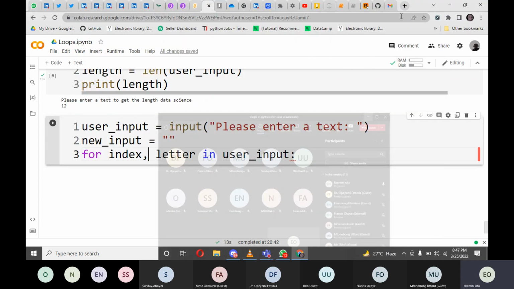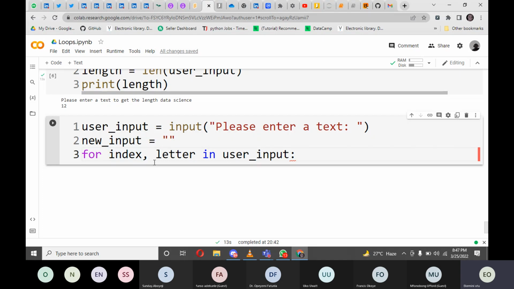Okay, so for index means that each of the letters has an index starting from 0, 1, 2, 3 till we get to the particular one which the user had inputted. So the next thing we're going to do is